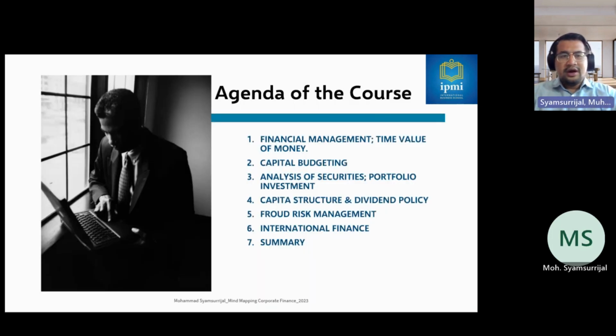So this is the agenda of the course. It's about financial management, time value of money. Secondly, capital budgeting. Third, analysis of securities, portfolio investment. Fourth, capital structure and dividend policy. Fifth is about fraud risk management. Sixth, international finance. And lastly, a summary of the class. So let's begin with financial management